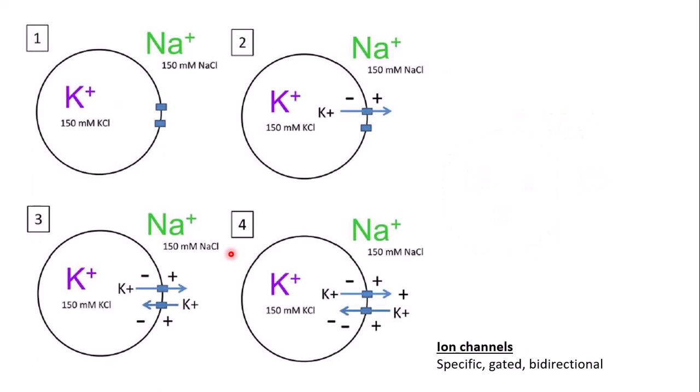So for ions to move around the membrane, they need ion channels, and it's important to know about ion channels. First thing, they are specific. Specific means if a channel is able to transport sodium, it transports only sodium. A sodium channel cannot transport potassium, for example. And they are gated. It makes sense because your cell uses a lot of energy, a lot of ATP,